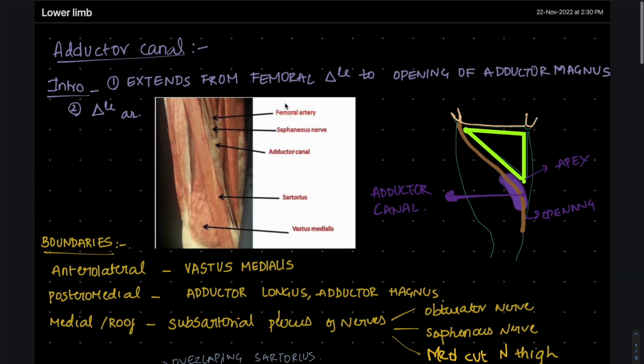So what are the clinicals of the adductor canal? Basically, in a popliteal aneurysm, you can ligate the femoral artery in this adductor canal, okay? And also if there is any compression from muscles, like hypertrophy of the vastus medialis or any other muscles, it can lead to compression of the femoral artery,